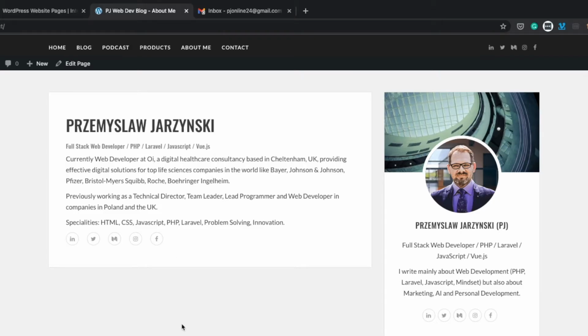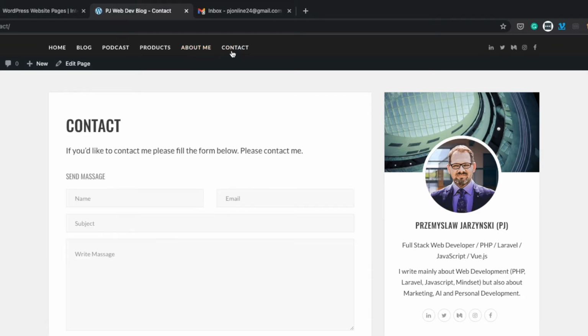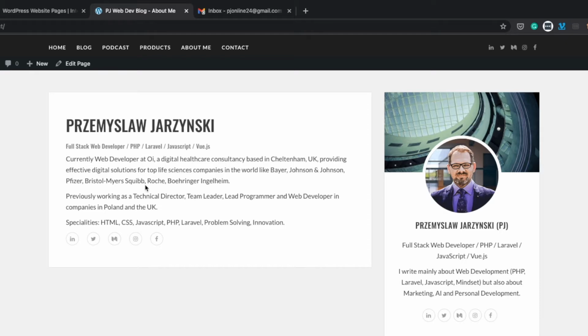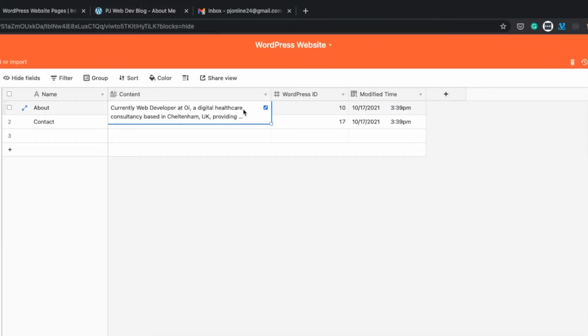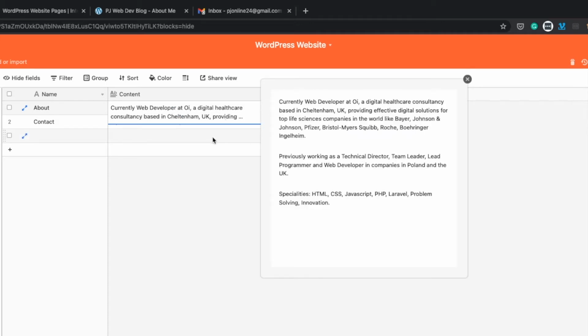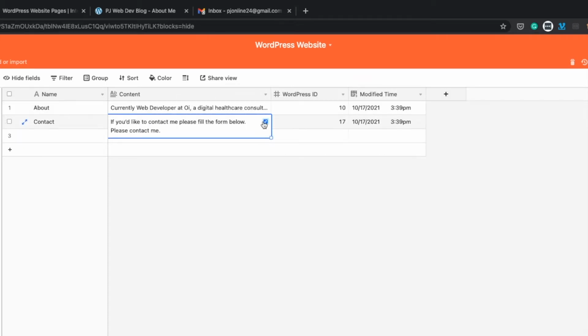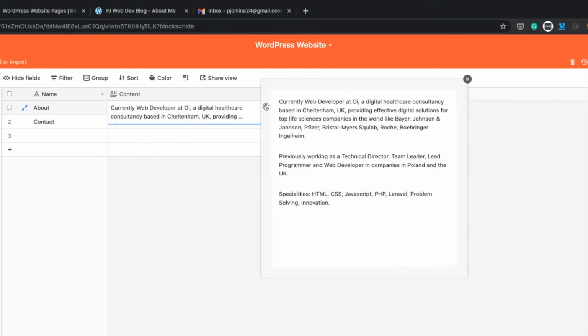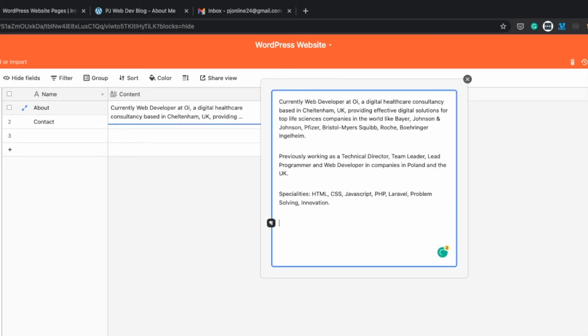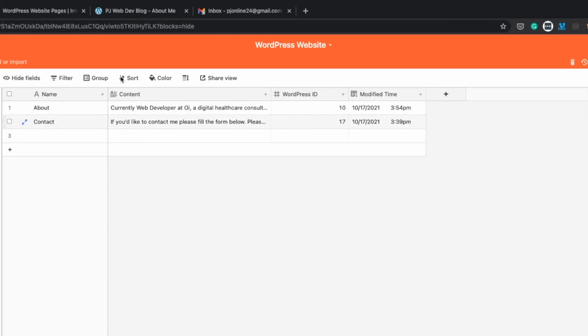So here we have our WordPress website, and this is the About page, and this is the Contact page, and we're going to be updating this content from Airtable. So in Airtable, here we have the content of the About page and the Contact page. And if we want to change something, let's say I will add some text here, and in order to